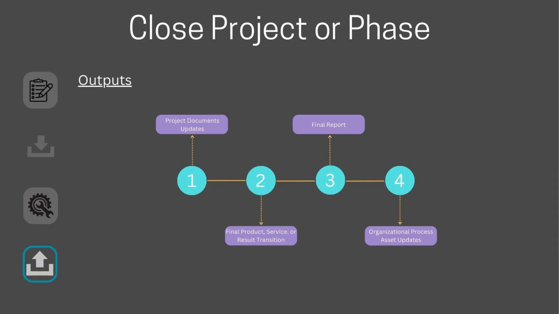Only after that will the close project or phase process be triggered to complete all the necessary activities to formally declare the phase or the entire project as complete. This is how the Integration Management Knowledge Area is defined in the PMIS, as outlined in the PMBOK, which is part of the Project Management Professional Certification Program.